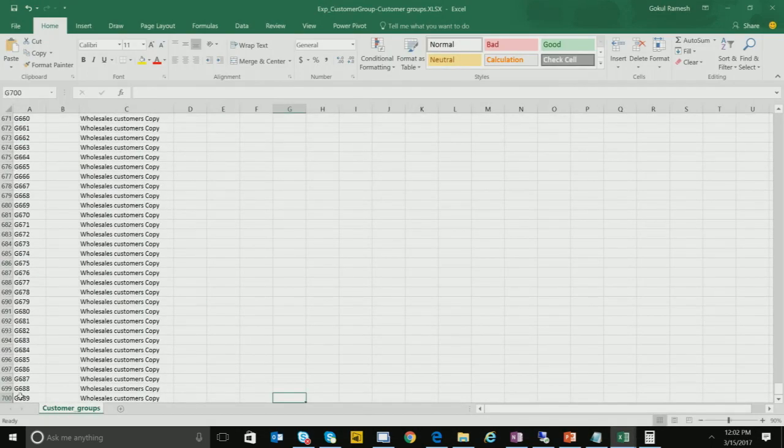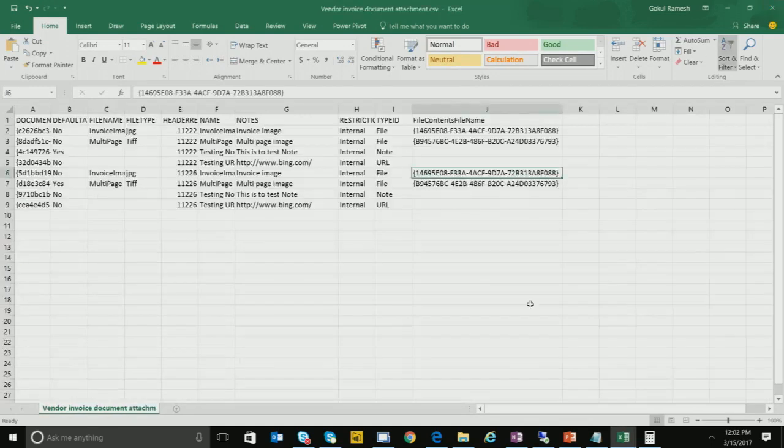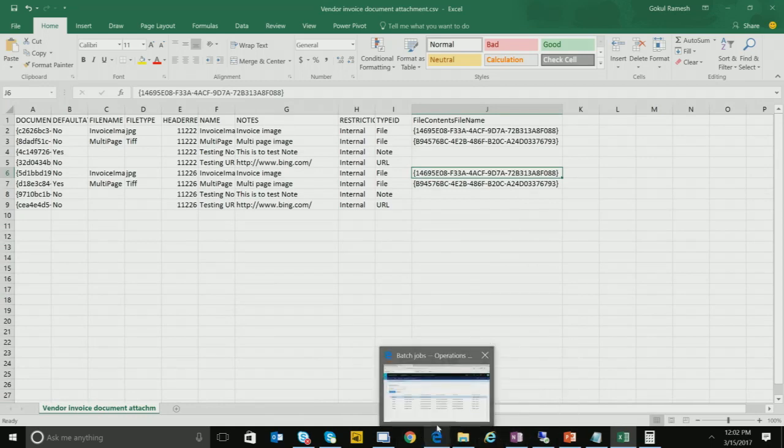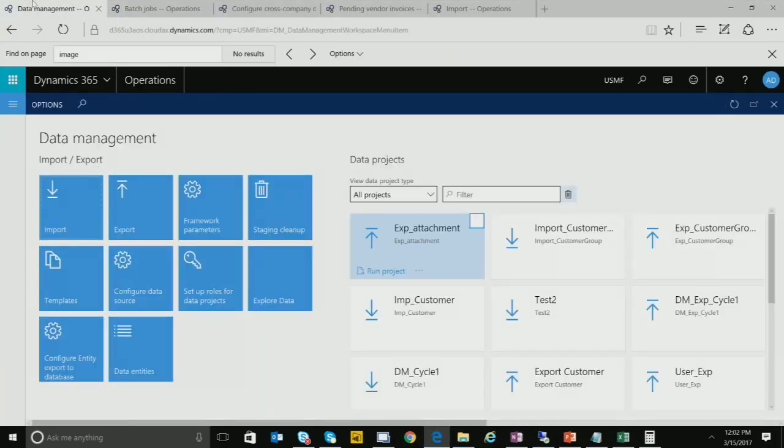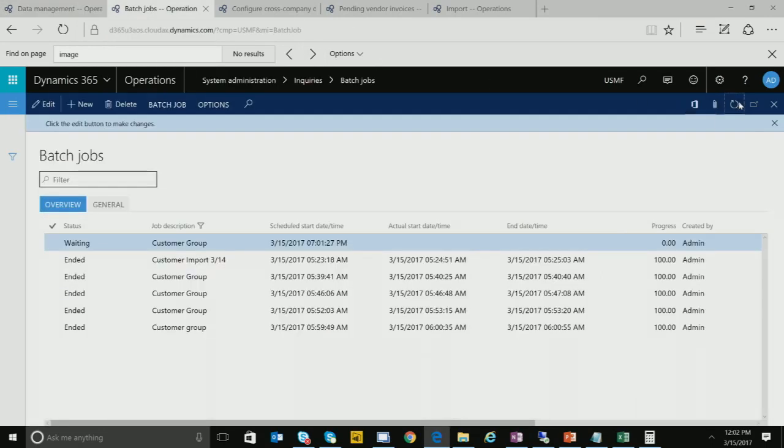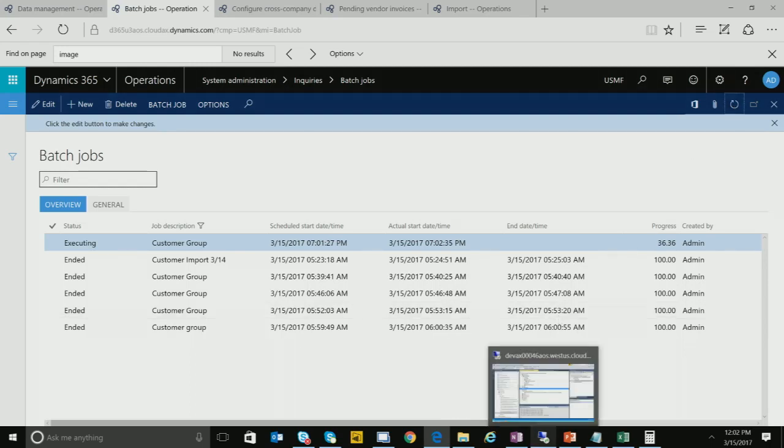If you look here, I have 700 records. Based on our setup, this should create 5 parallel tasks. Okay, it's executing. While that executes,